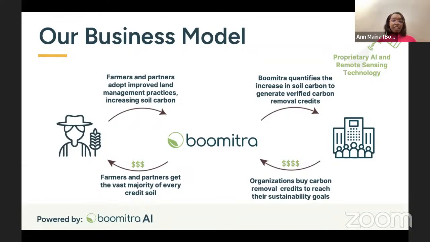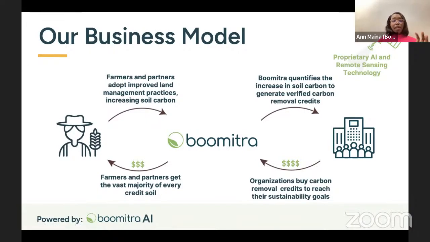And if they meet the standard requirements, they now issue us with those carbon credits. Those carbon credits are what are sold to organizations that have a net zero target, or organizations that are moving towards more sustainable practices and would like to offset their carbon. So we've now sold the carbon credit, and there's now revenue that has been generated from this process. A majority of this revenue goes back to the farmer because they are the people who have worked really hard to adapt the improved agricultural practices.